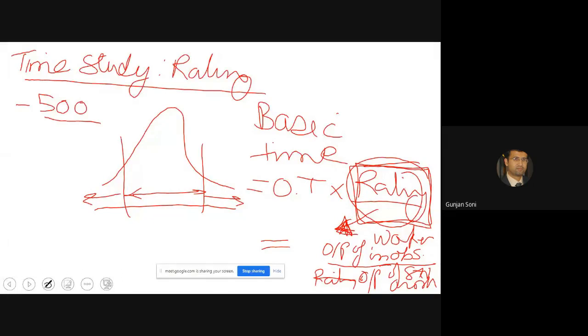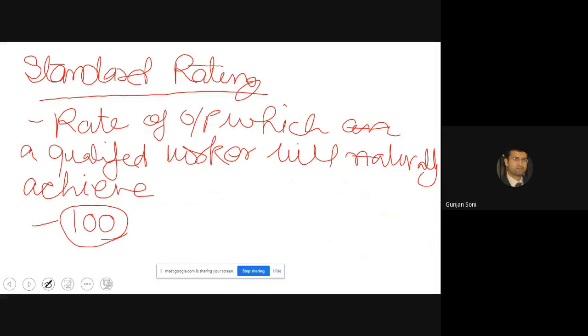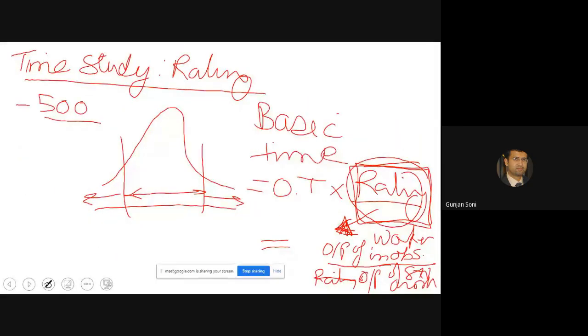We have also talked in the previous class about giving incentives to the workers. I think I already showed you that figure. If you make a good incentive plan, the slow workers can be shifted towards the standard time, the time taken by a standard worker. That's what it meant.